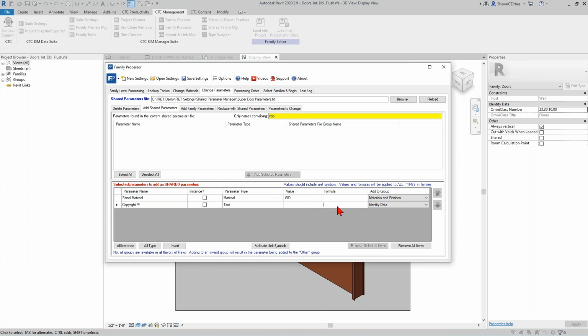I can also, by the way, set the formula for this. So copyright CTC 2023 or something, whatever. I can put whatever I want there, even including the formula itself, and it'll establish this as the formula and the value. Now, one thing I'm noticing here, and you may have noticed this as well, panel material came in